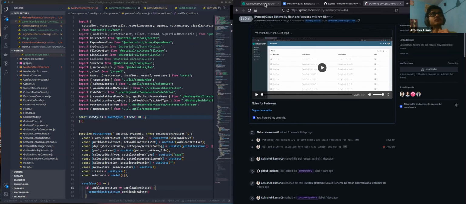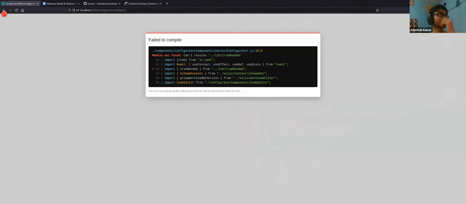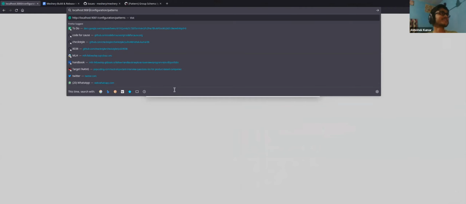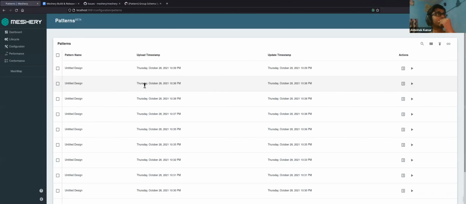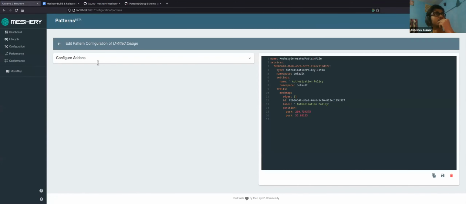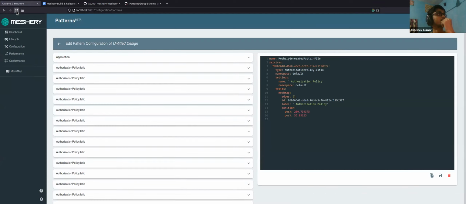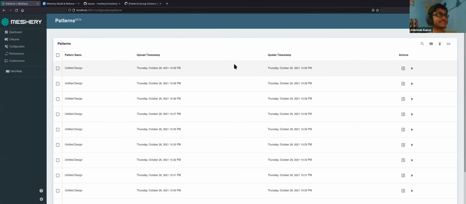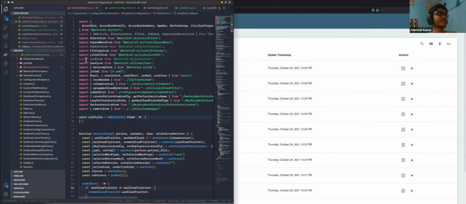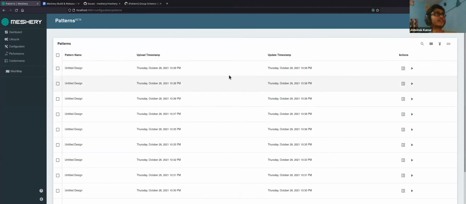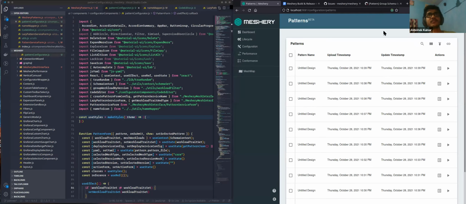If I show you the current, okay, I was just developing it and it failed. That is the previous UI. I couldn't show it right now because there are a lot of issues in the import statements, so we'll be fixing it in another 5-10 minutes and then I'll reshare my screen. That's fine. Okay, sure. Thank you. Take your time.